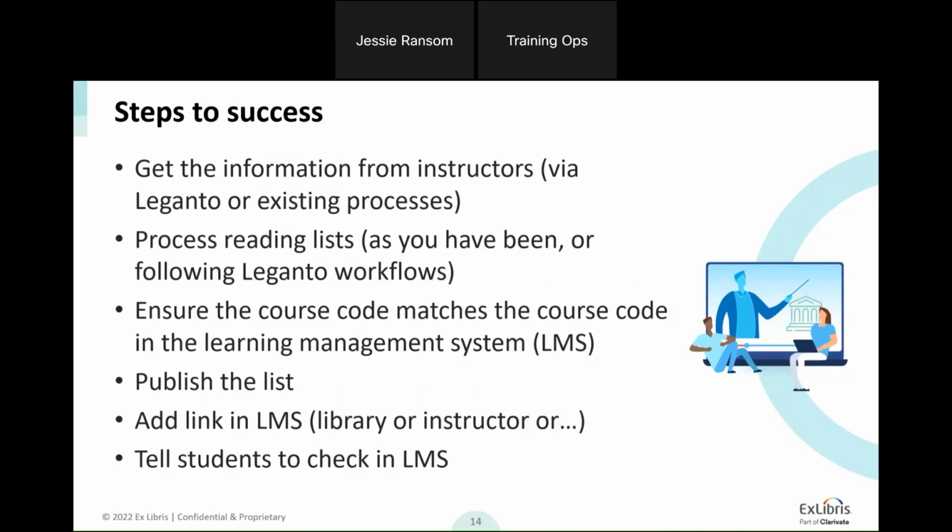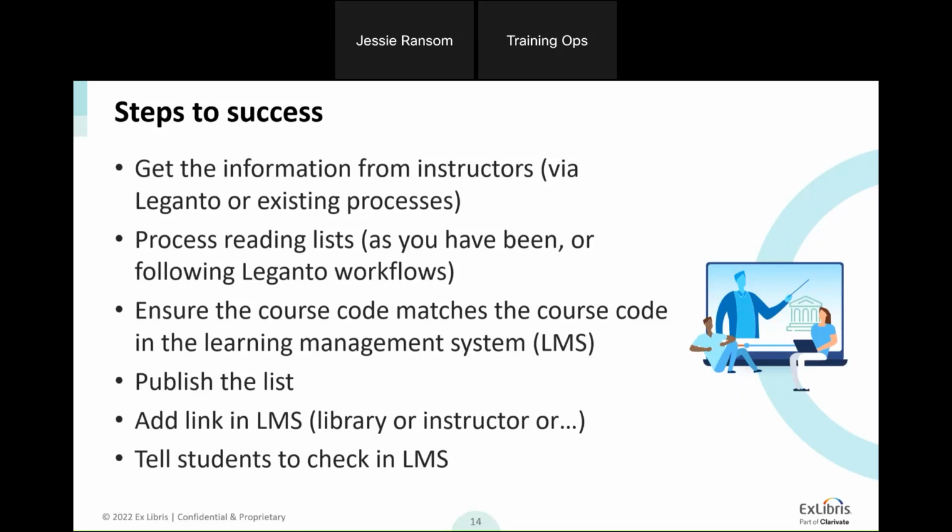You need to get the information from instructors about what they're using in their courses. I will actually talk about two different paths to migration. One where instructors just kind of switch over to Leganto one day, and the next where you have a transition to that point, where you keep some of your existing processes from the instructor perspective temporarily. So I'll talk about both options.